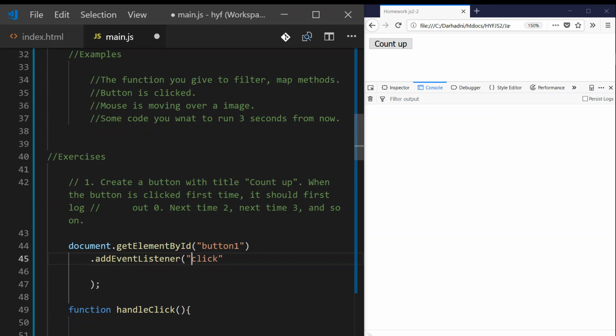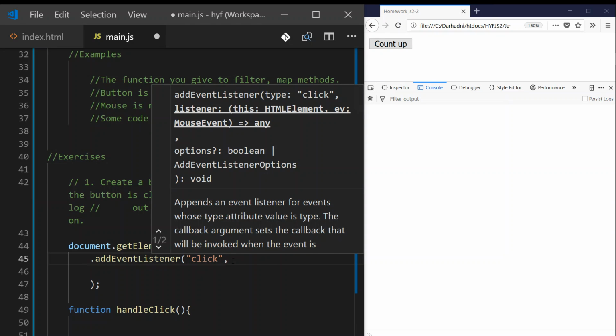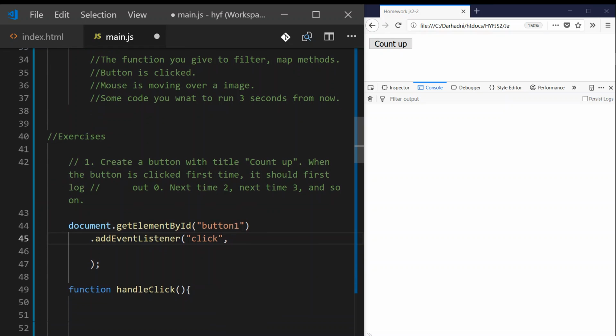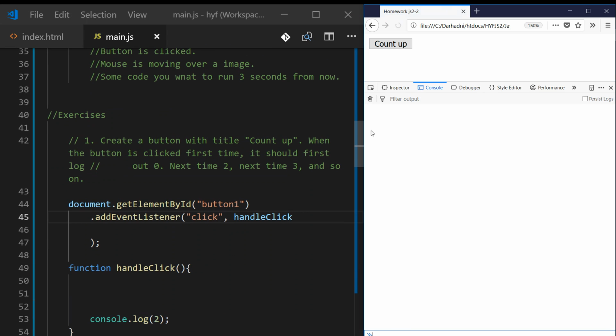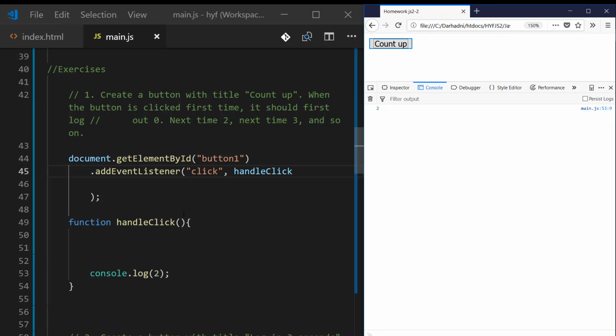And when we have done that, we will give a callback. And I think, I already have a function, so that's easy. Like this. And this should work. Yes. So there's something to be aware of here. This is a function you give, and